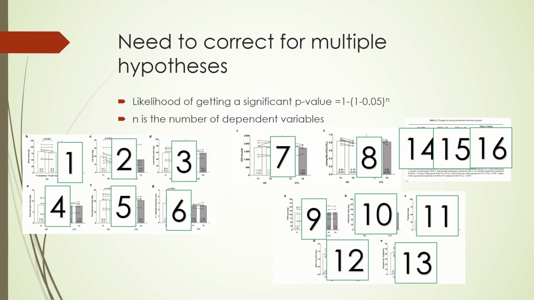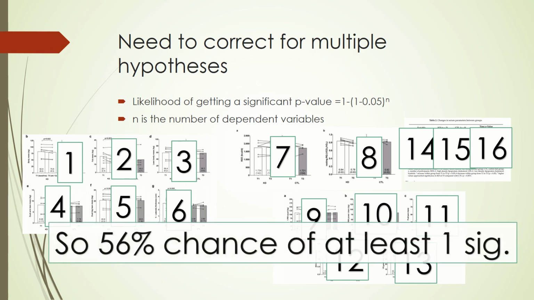Just type it in Google. It figures it out for you. So what I came away with in my study is there is a 56% chance of at least one variable coming out statistically significant and it being just due to error, just due to randomness and error. So, has anyone read my study? Right? No?